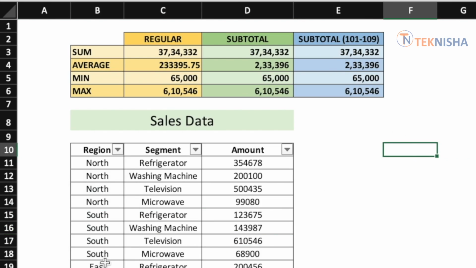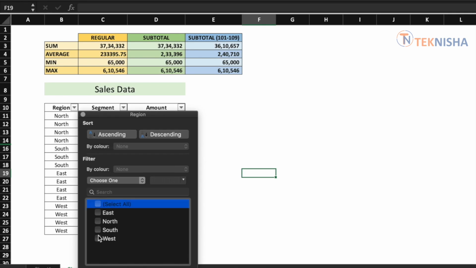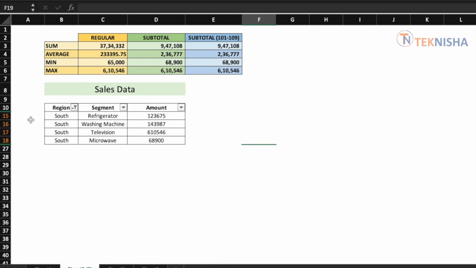It now considers the unhidden row 16. However, note that when you filter the data now, let's say for South, the row will be unhidden and you will see the complete calculation both in subtotal and the subtotal formula using